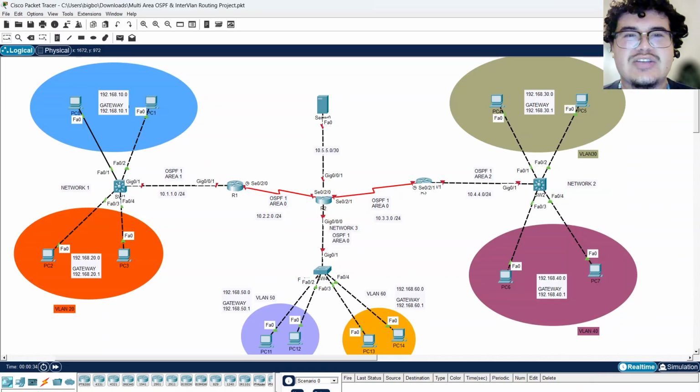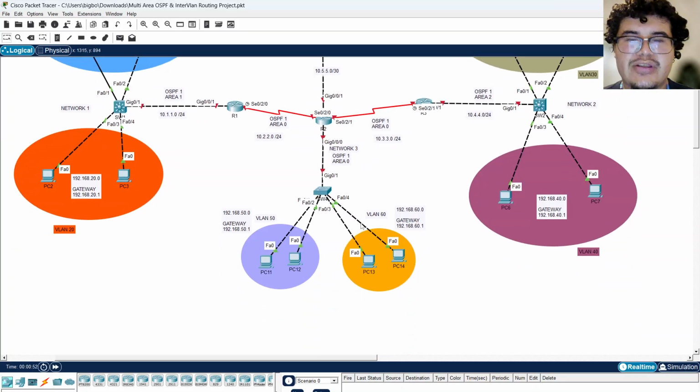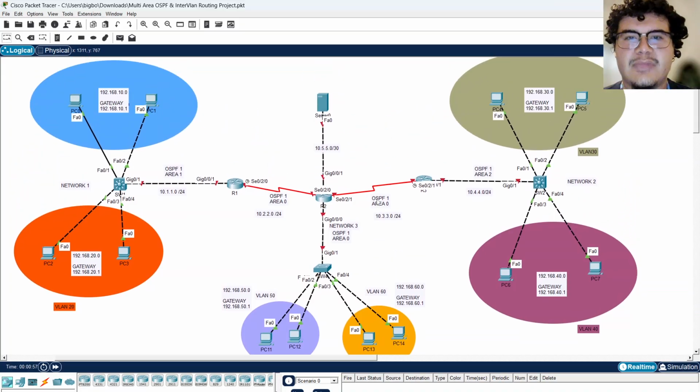Today we are going to be troubleshooting or finishing the configurations on this. There are no configurations on it currently, but on this network 1 right here, we will be setting up Inter-VLAN routing using this layer 3 switch. Same thing on network 2. On network 3 down here, we will be doing a router on a stick. And then we will do multi-area OSPF, see area 1, 0,